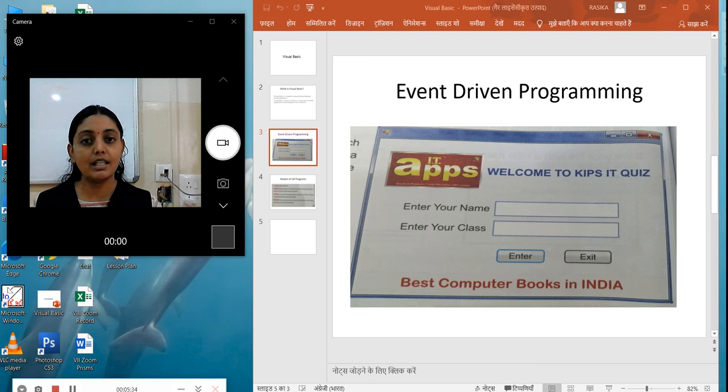So this is an example of event driven programming. This is a welcome to the KIPS IT quiz: enter your name, enter your class, enter and exit. This is just an example I'm going to give you.